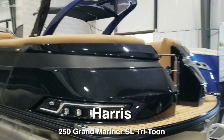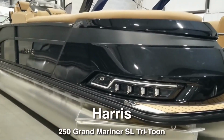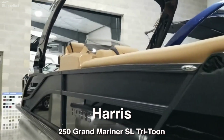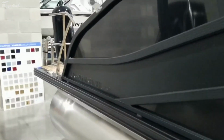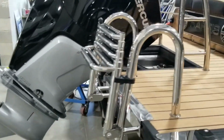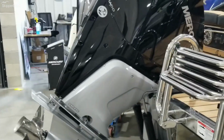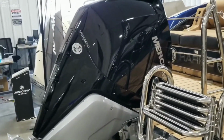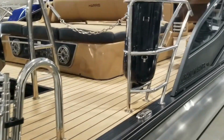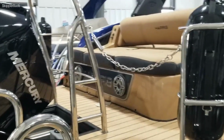Here we have a 2022 Harris 250 Grand Mariner Tri-Toon. It's the tower on it. It is powered. We'll walk around the back here. It does have the extended deck, nice wide stainless ladder, Mercury 300 horse Verado with DTS and PAS, fender holders in the back,